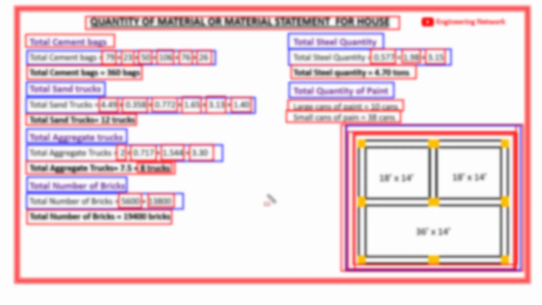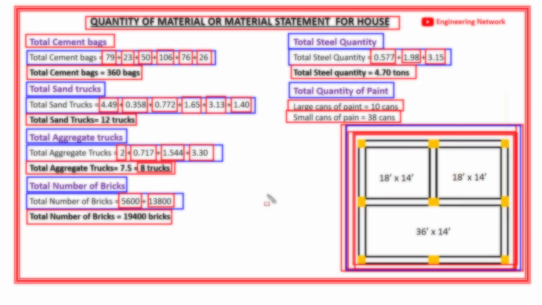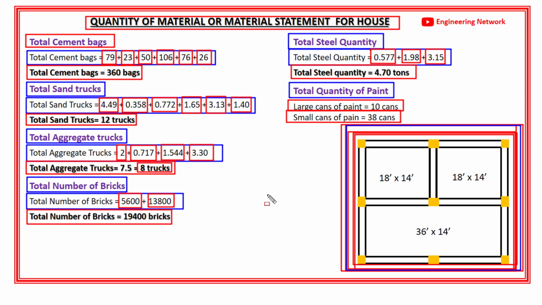So in this particular video, I have found out the total number of cement bags, total number of sand trucks, total number of coarse aggregate trucks, total quantity of steel, total quantity of bricks, and total quantity of paint or whitewash for a particular house. Okay, so here I will end this video,